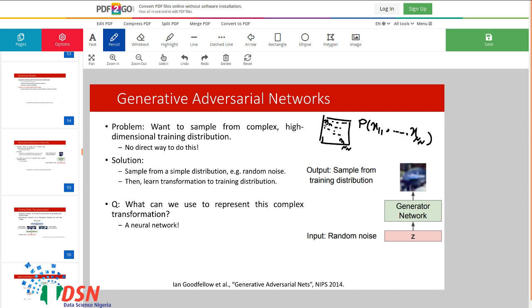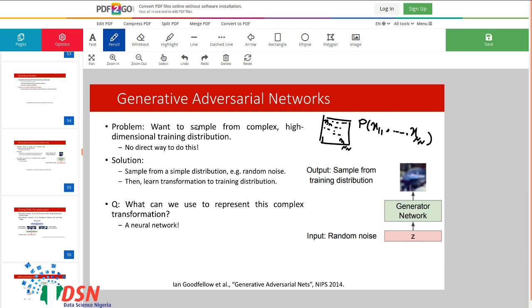If we want to generate new images, then we should sample from this distribution. Because of the high number of pixels, the dimension of this distribution is very high, so this distribution could be very complex. So there is no direct way to do this.